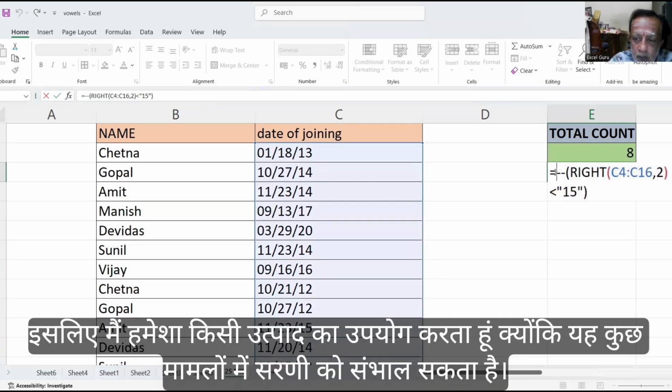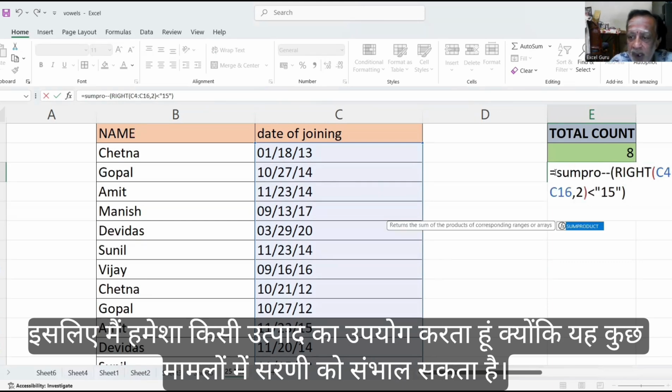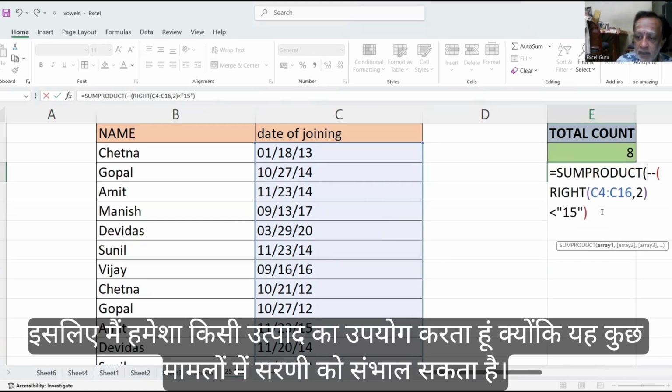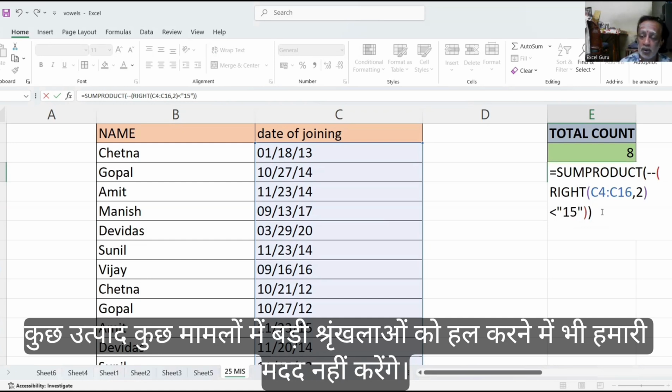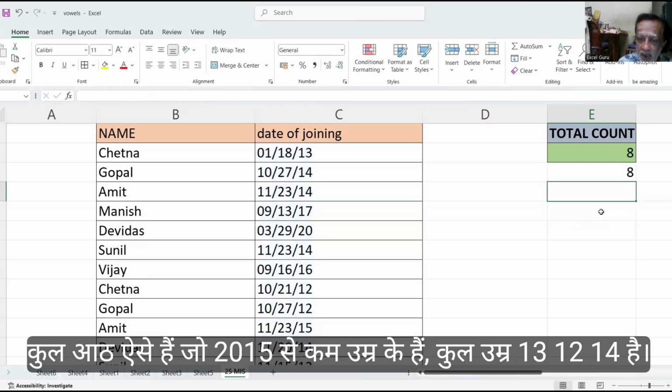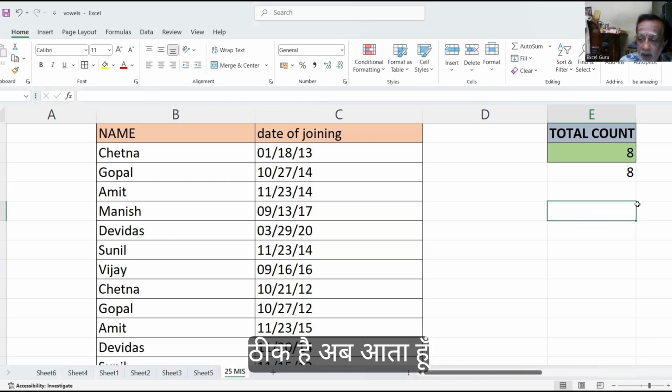Always I use SUMPRODUCT because it can handle arrays. In some cases, SUM will not help us to solve big arrays. Totally 8 are there that are below 2015. Totally 8: 13, 12, 14. Okay, now coming to